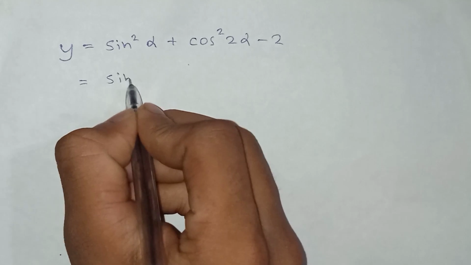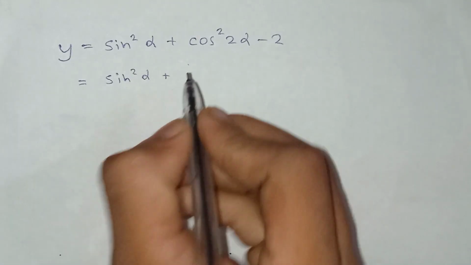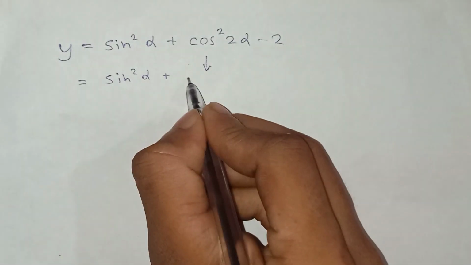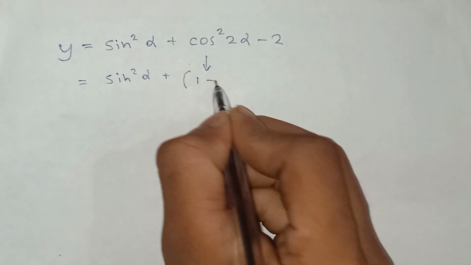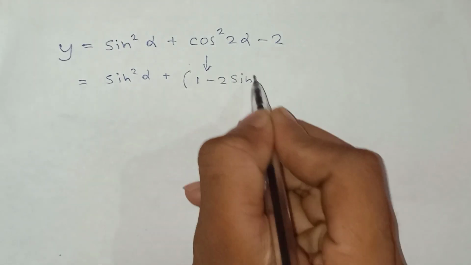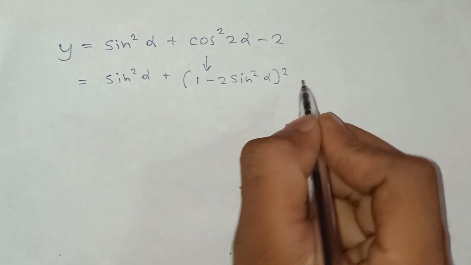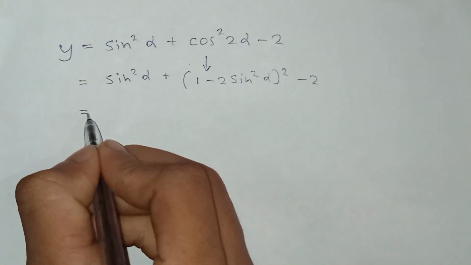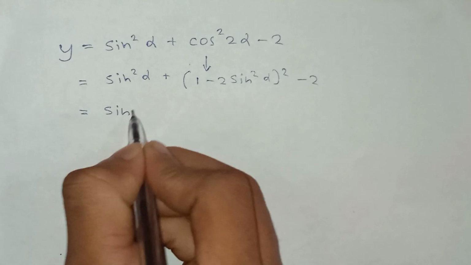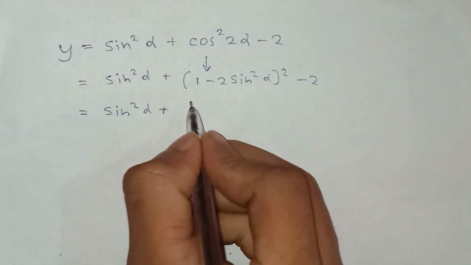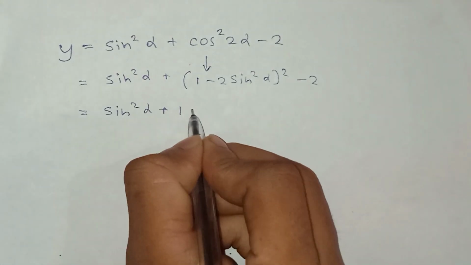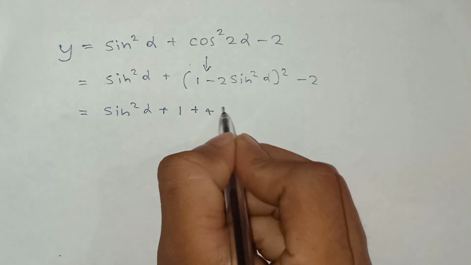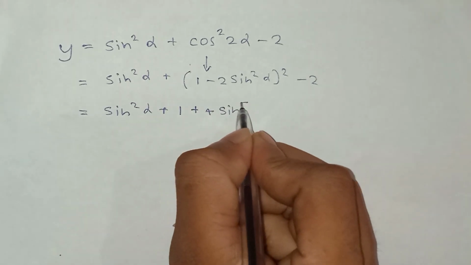Here I can see cos 2 alpha. I can get an approach to this simplification by the cos 2 alpha theorem. We know that cos 2 alpha equals 1 minus 2 sin squared alpha. I am going to use it here. y equals sin squared alpha plus, we can simplify this as 1 plus 4 sin to the power 4 alpha